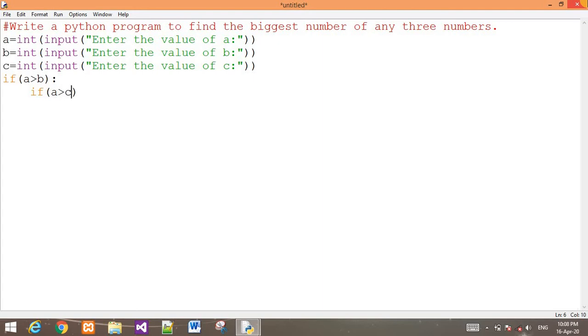If a is greater than b, then also the value of a is greater than c. If it is a true condition, then print "a is the biggest number",